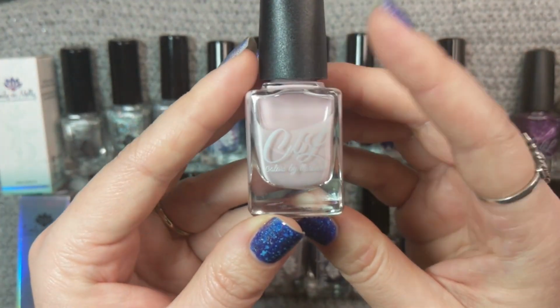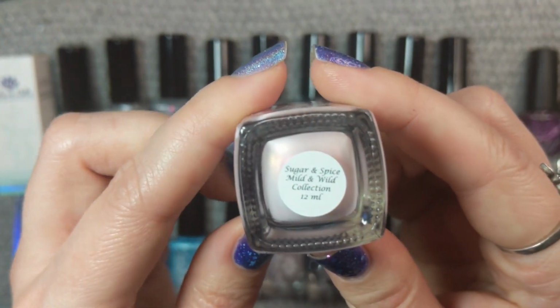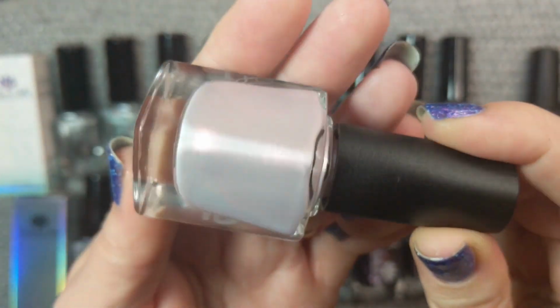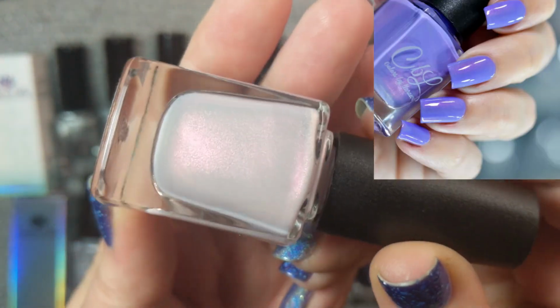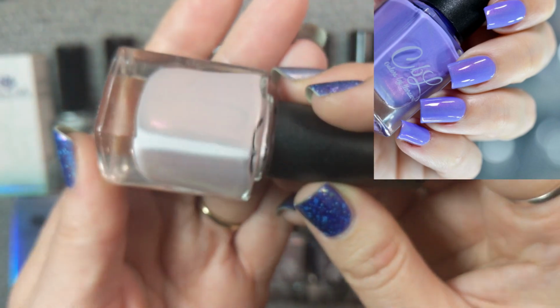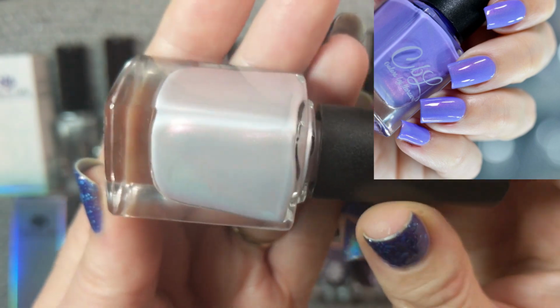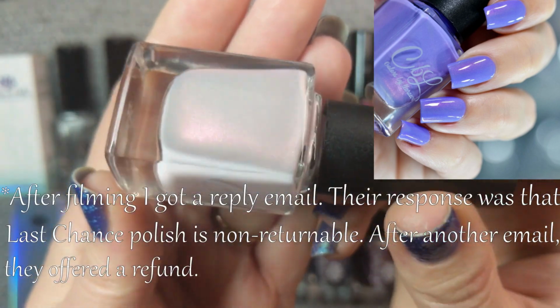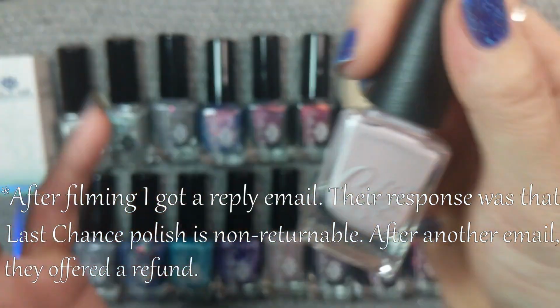And this first one that I got at Color for Nails is Colors by Llarowe, Sugar and Spice. Now I will say up front, this is not the color that I ordered, and by that I mean the color that Sugar and Spice should be is lavender, like a bright, almost neon leaning lavender. So my bottle has severely faded. I have been in contact with them. I haven't heard back yet, but we're not going to talk too much about that because this is the wrong